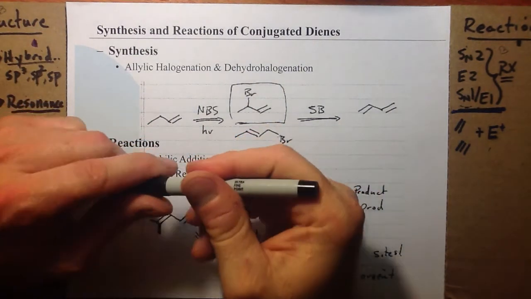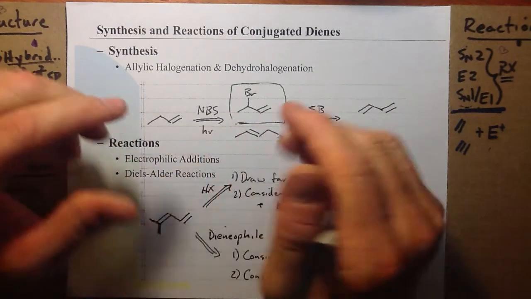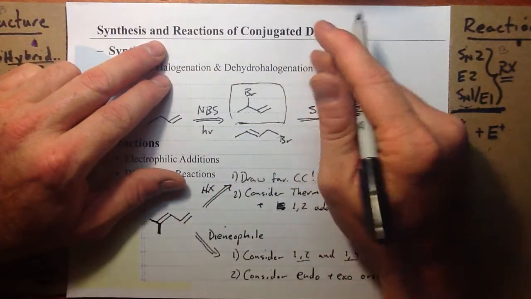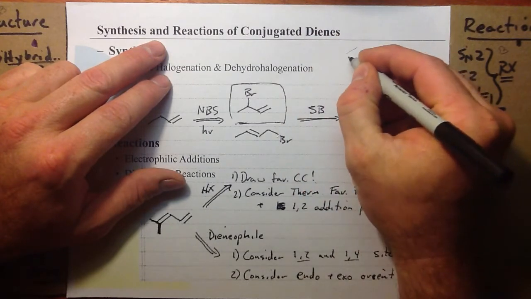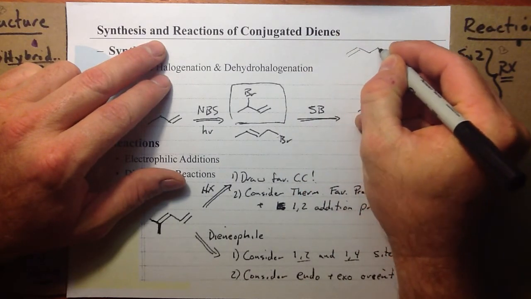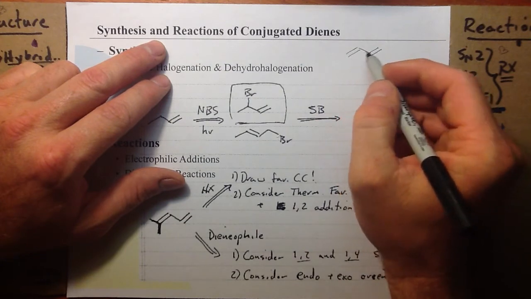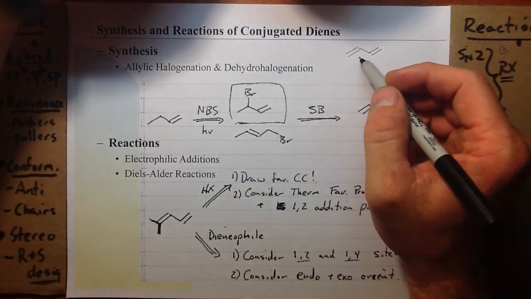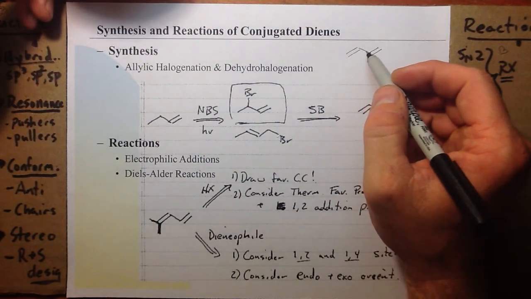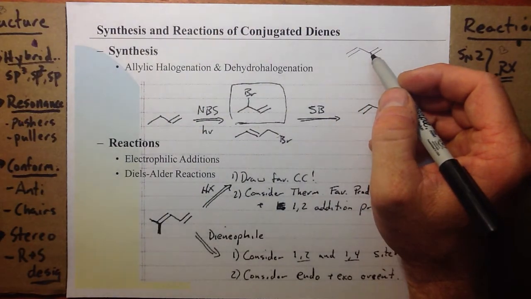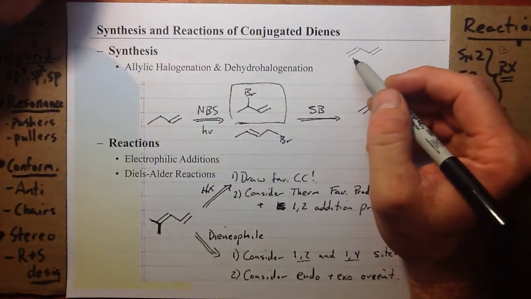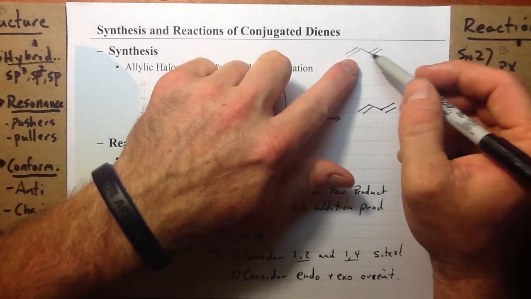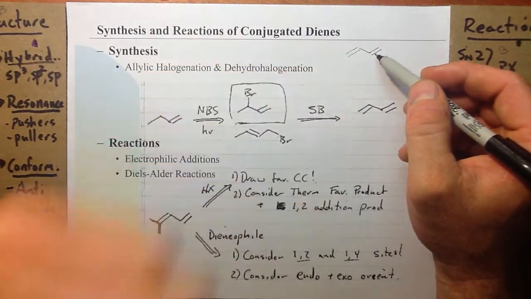Well, this is the first of two videos on the reactions and synthesis of conjugated dienes. Synthesis and reactions of conjugated dienes. Conjugated dienes are typically defined as two alkenes that are separated by a single bond, so an alternating pattern of double and single bonds. But a more precise definition might be the case where we have a diene, two alkenes, that have no break